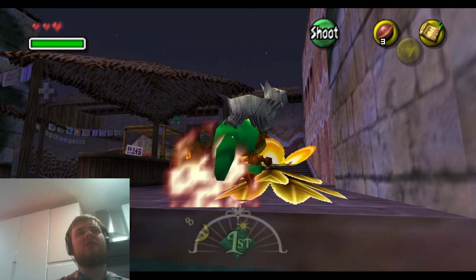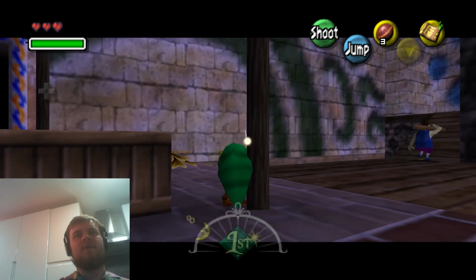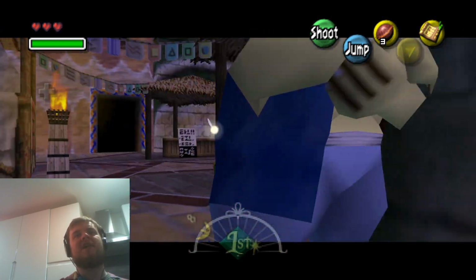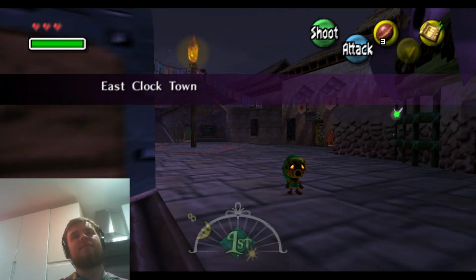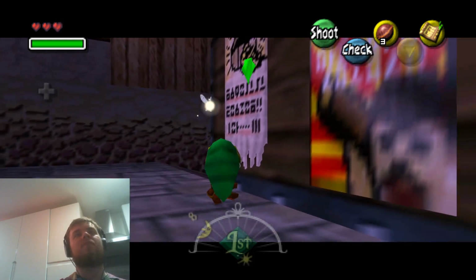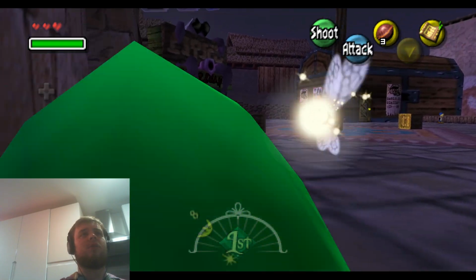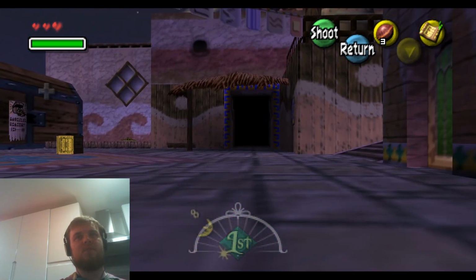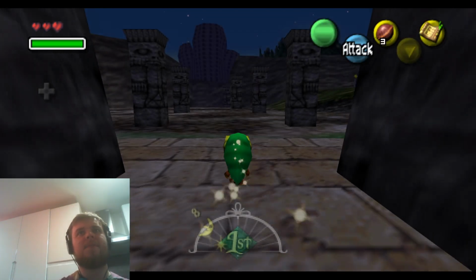Right, the aim is to be back in Clocktown before the dawn of the second day, because I would like to, around midnight in game. Well, between midnight and 6 AM in game. Pop to the stop pot. But for now,